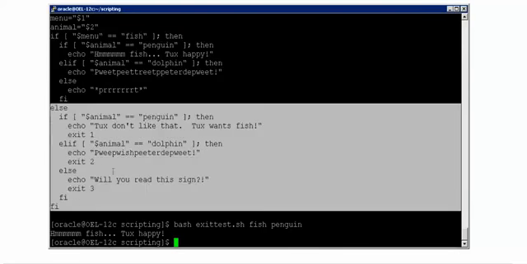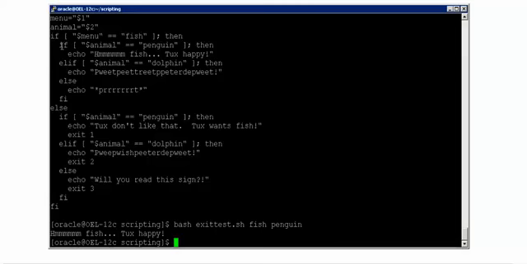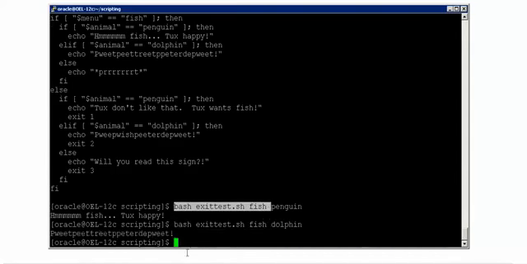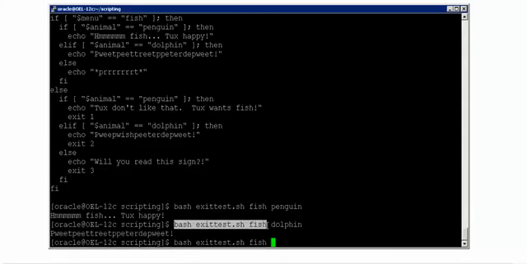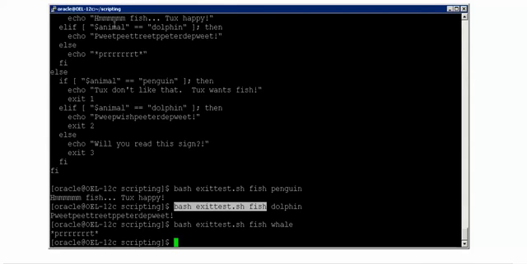Because the first argument is fish, it will only go to this block. All this is avoided. And within this, I'm again saying in the if block, check for the animal. If it is penguin, execute this. If it is dolphin, execute this. So let me show you after fish. If I say dolphin, it has to give me that. But apart from these two, if you give any other thing like whale, it will give you some output on the screen like this. That is what is in the else clause.